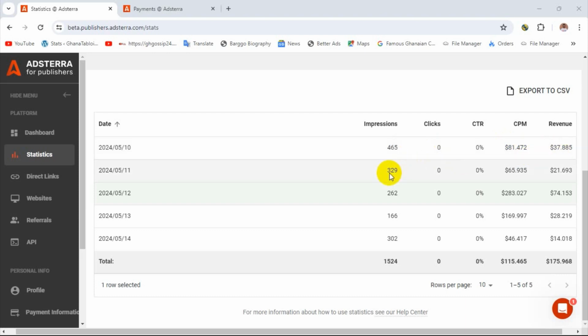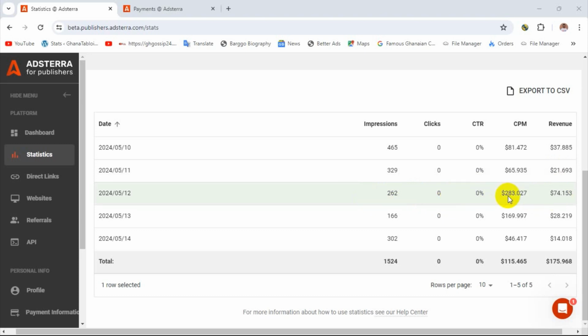Here, the traffic or the impressions was only 329, yet I earned $21. And also I had $74 here. That was on the 12th of May. I had $74 with just 262 impressions. Is that not amazing? See the CPM.